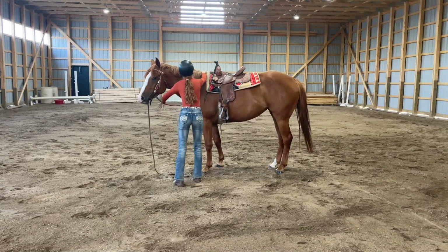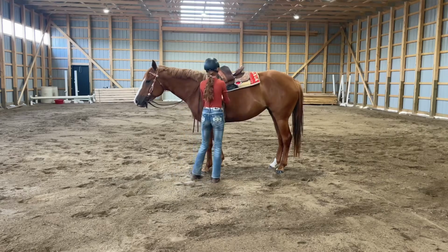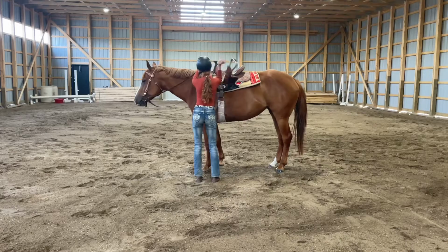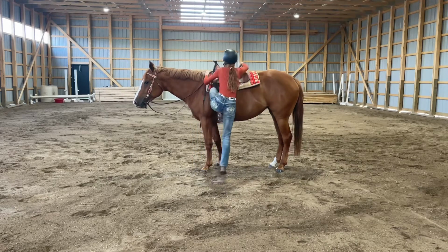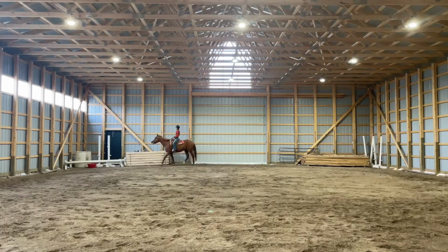The next horse I had to ride was Lucy. She is a 3-year-old quarter horse filly. She is absolutely adorable with her big white face. I just kind of tied my cinch. Never forget to tighten your cinch, I'm telling you. Big mistake. Again, always ground mounting. I think most Western people ground mount, but...